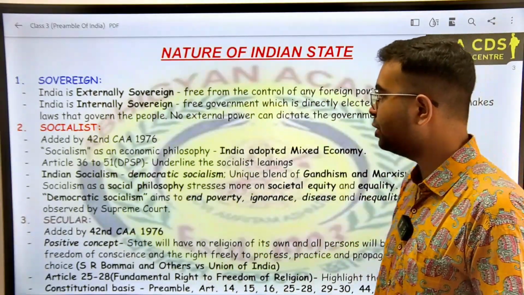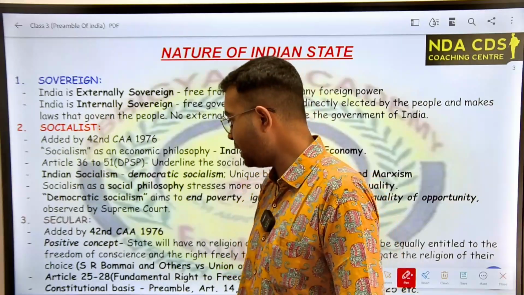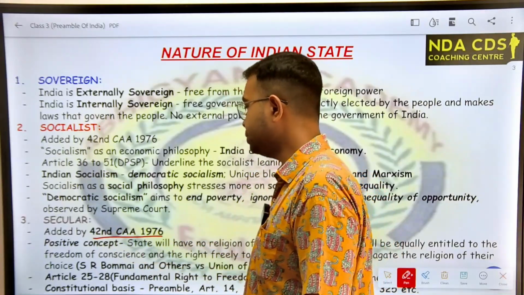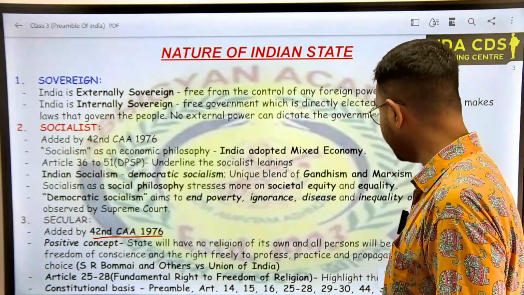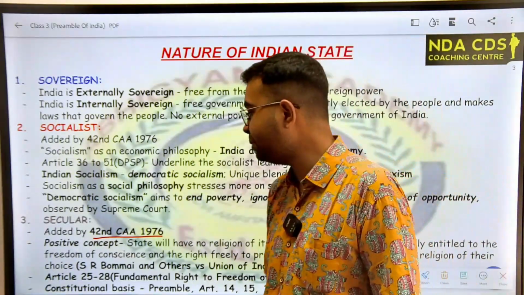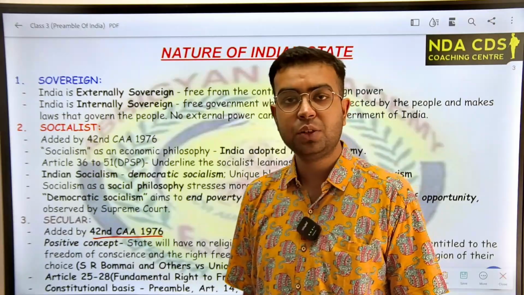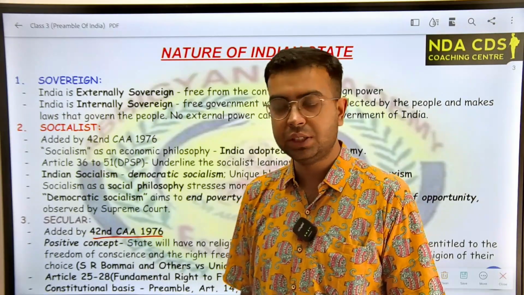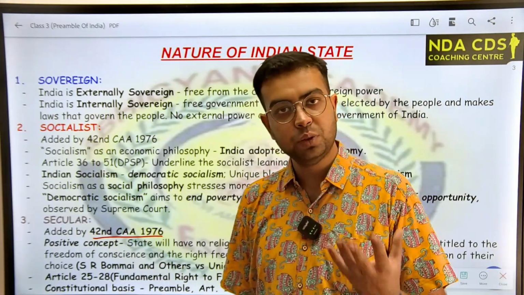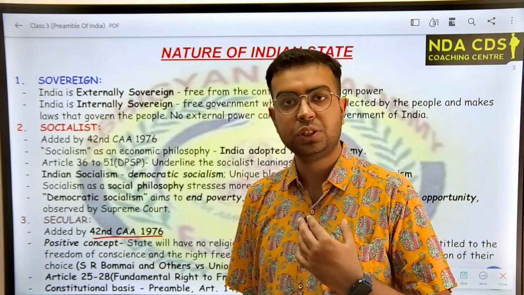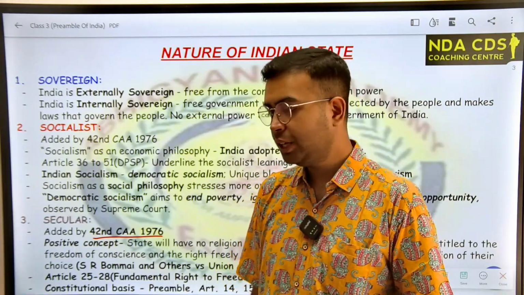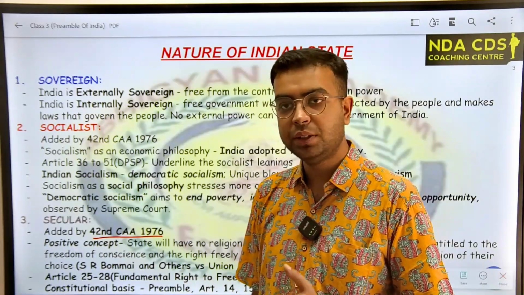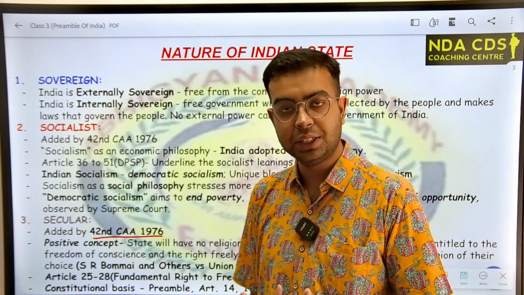This term was also not there in the original constitution. It was added by the 42nd Constitutional Amendment Act. Now, what is secular? Secular basically means that everybody has their own right to follow the religion of their choice. If somebody is born in a Hindu family, it does not mean that the person has to be Hindu their whole life. They can choose their religion on their own freedom. If someone is born in a Muslim family, if they wish to follow another religion after growing up,